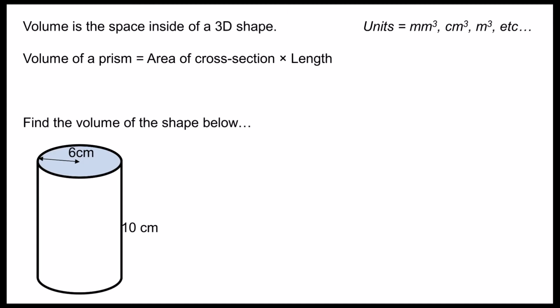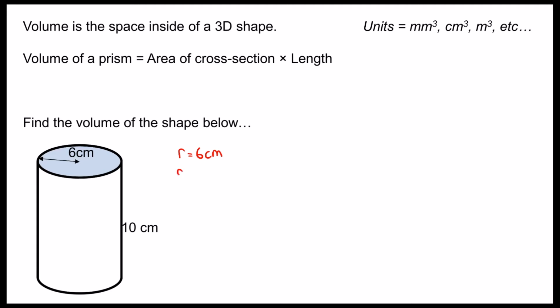In today's lesson we're going to work out the volume of cylinders. A cylinder is simply a prism which has a circular cross-section. We can therefore say that the volume of our cylinder is simply the area of this circular cross-section times by its length. Looking at this first example, I can begin by saying that my cross-section has a radius of 6